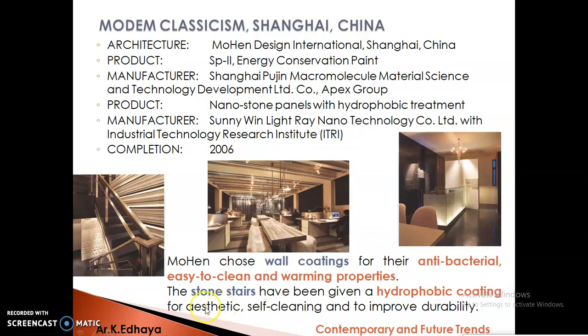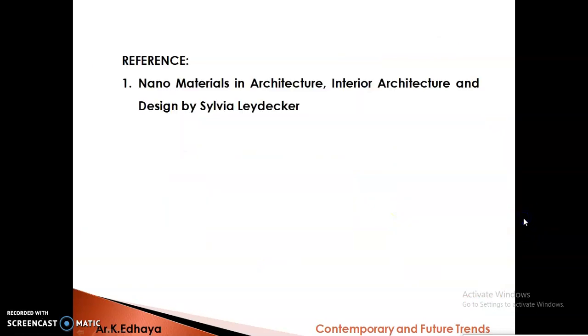Everything is coated with easy to clean coatings. These coatings, along with the easy to clean property, have antibacterial and warming properties as well. So it will have a very good atmosphere created inside the space. With this, this particular part of nanomaterials and architecture is